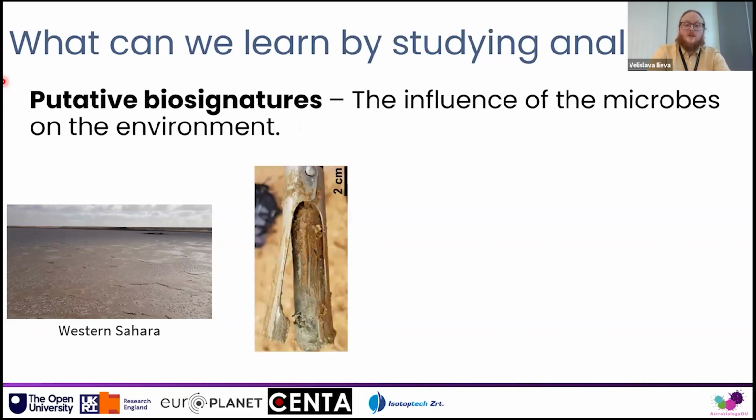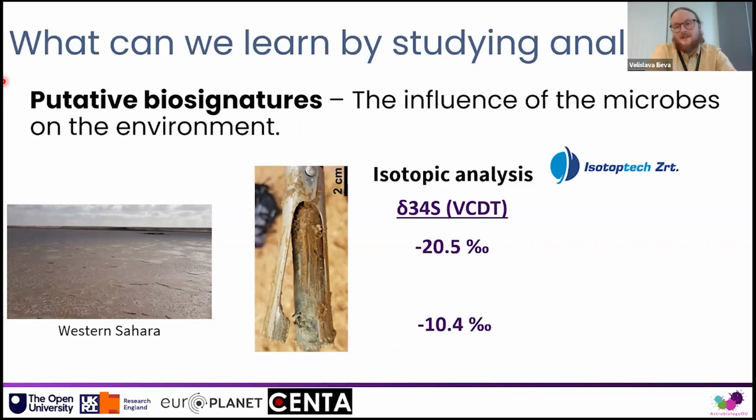So if we take our core sample, we can analyze them not only with a view on what is the microbiology of this site, what's their metabolic diversity, we can gain an understanding with regard to whether there are any geochemical signatures we can detect as a consequence of this. And referring back to the Europlanet Transnational Access Scheme, thanks to this and researchers at Isotoptech in Hungary, which is one of the partner organizations, we were able to get isotopic analysis of both this core and many other cores collected from a diverse array of analog environments.